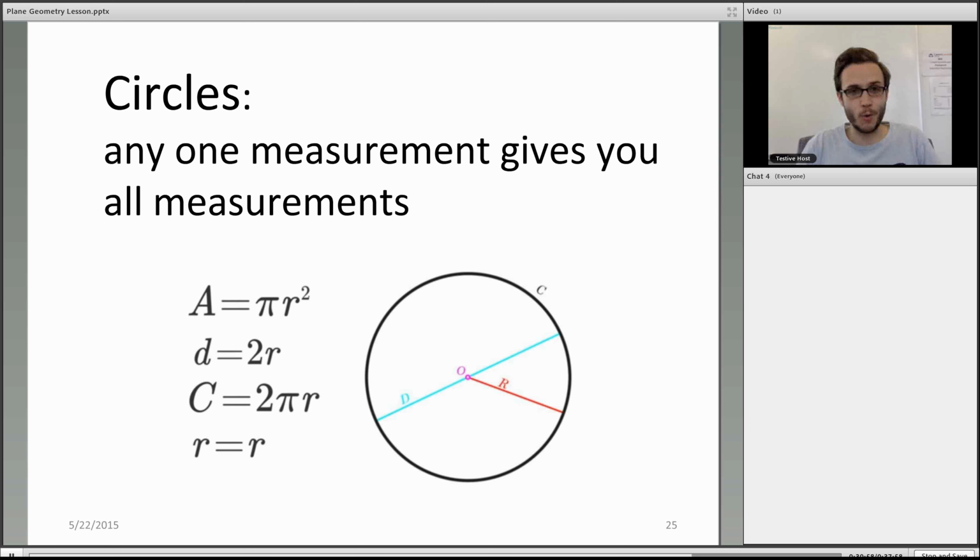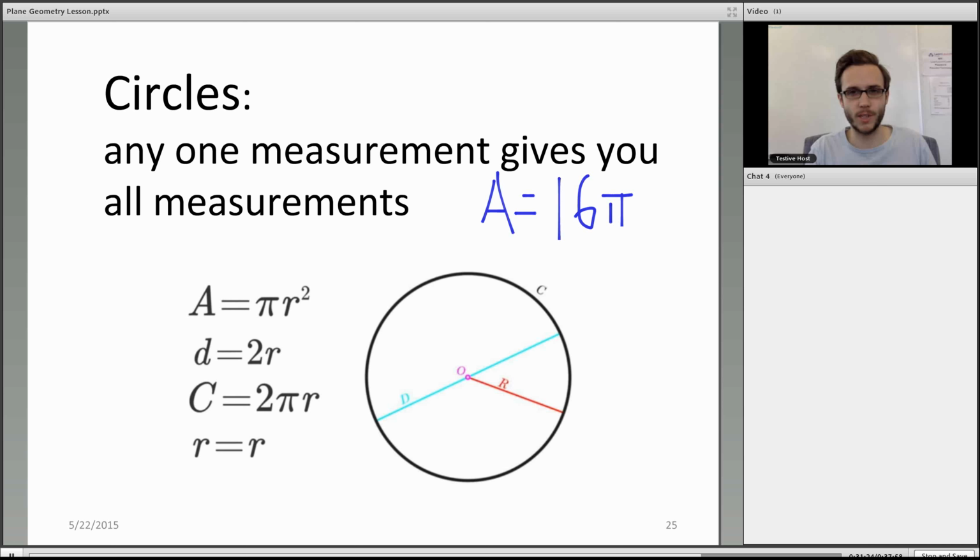And r, of course, is r. But what's cool is, if we have the area of a circle, let's imagine that the area is 16 pi, right? So if A equals 16 pi,